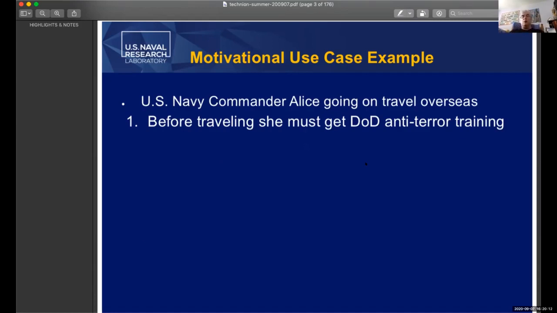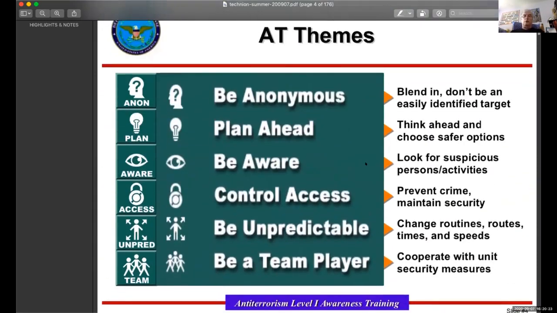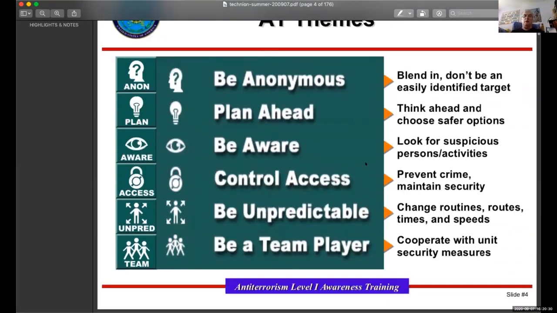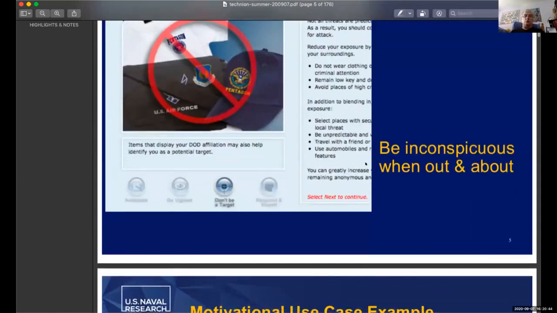And before you travel overseas, you're required to get anti-terrorism training from the Department of Defense. And so here's a typical slide from one of these trainings, and it tells you to be anonymous and blend in and don't walk around with a Pentagon baseball cap on, because somebody might see you and drag you off in an alley and do you harm. And you know, it's good advice. So let's assume that